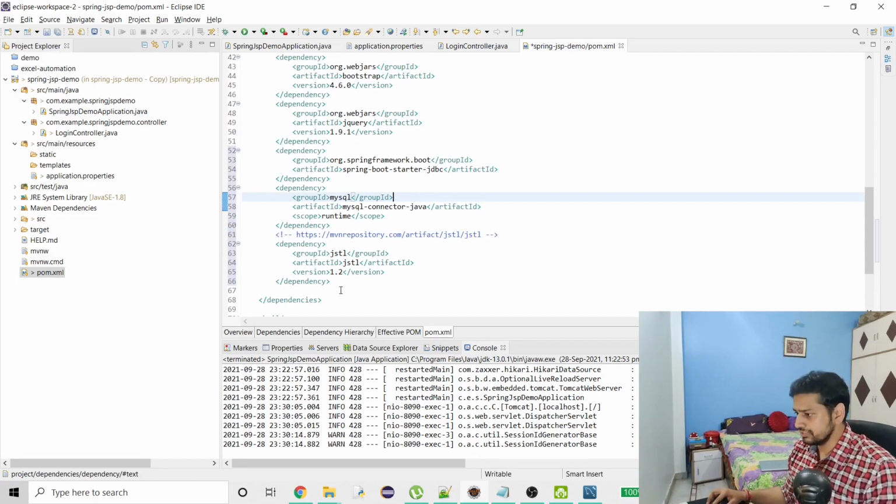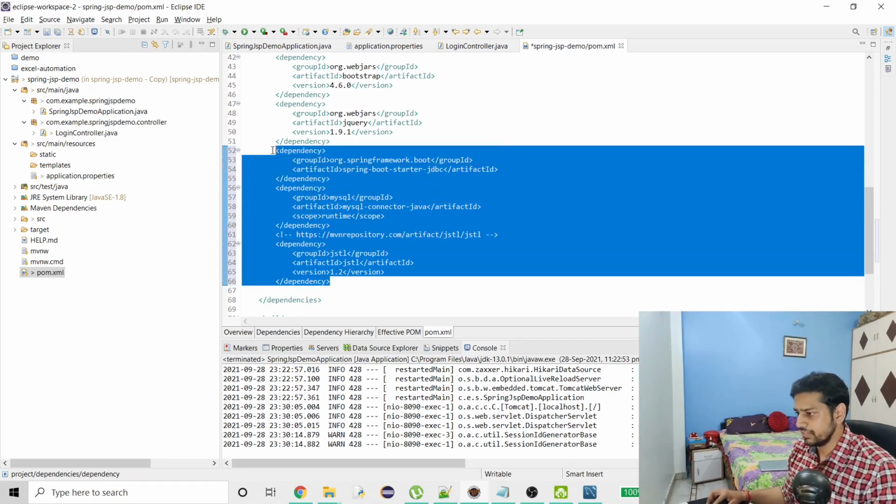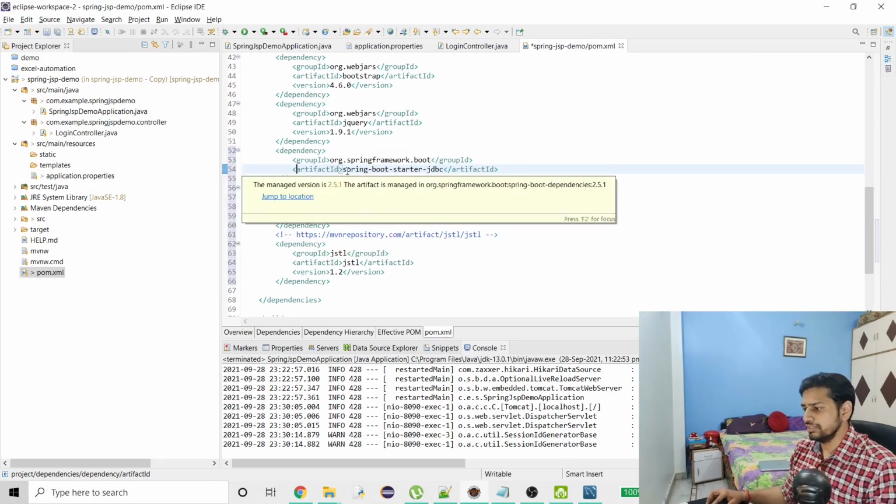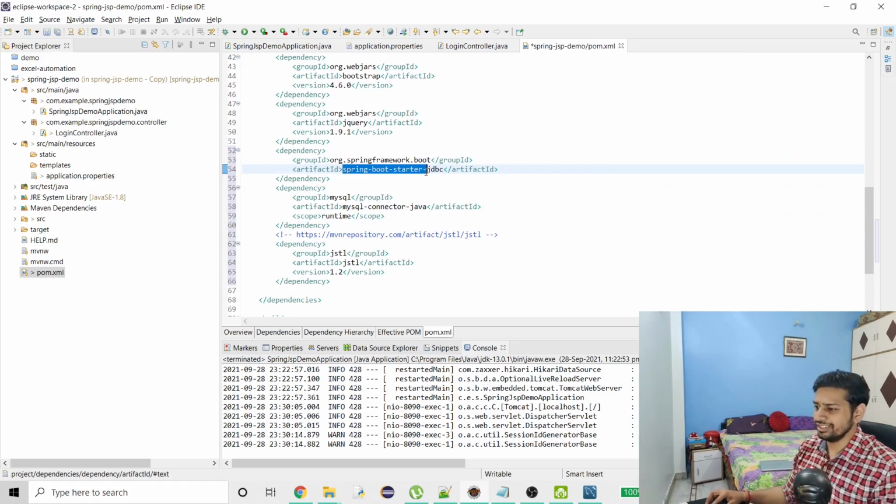Okay, so these are the 3 dependencies that we had to add. This is the simple Spring Boot starter JDBC, and what this is going to do is provide us some methods through which we can query or have a row mapper where we can actually map each row maybe to an object or maybe to a list of objects, right?